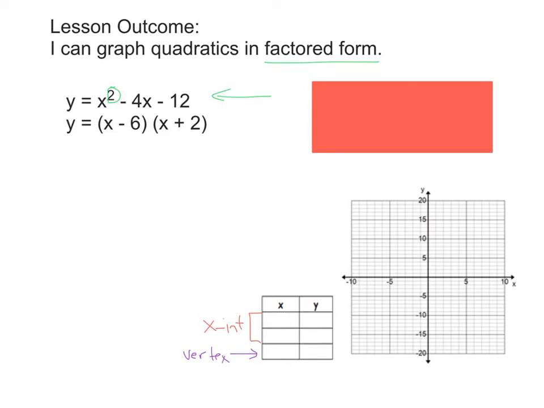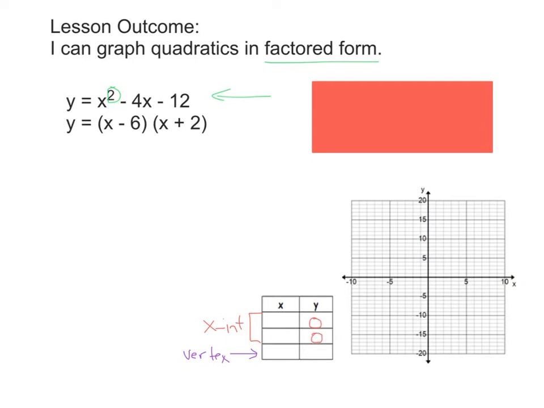Alright, so to find the x-intercepts, let's think for a minute. Our x-intercepts are points on this x-axis. What do we know is true about every point on that x-axis? Well, we know that every x-axis point has a y value of 0. A y value of 0. So we know that the 0 is going to be the y value, and now we need to find our